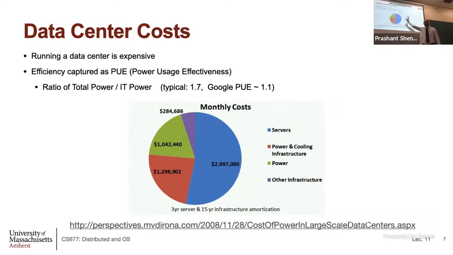So these costs include what are called operational costs, or OPEX, right? So this includes not just the power, but other small maintenance costs. And then there is, of course, the capital cost, which is called CapEx, which is buying the server. That is not even here. To buy the servers itself costs a lot of money, and then to keep them running costs even more money. So data centers are expensive to construct and expensive to run, but they are also providing lots of services to users. So hopefully the companies that build them make a lot of money, so they can actually recover the cost of building. Any other questions here?